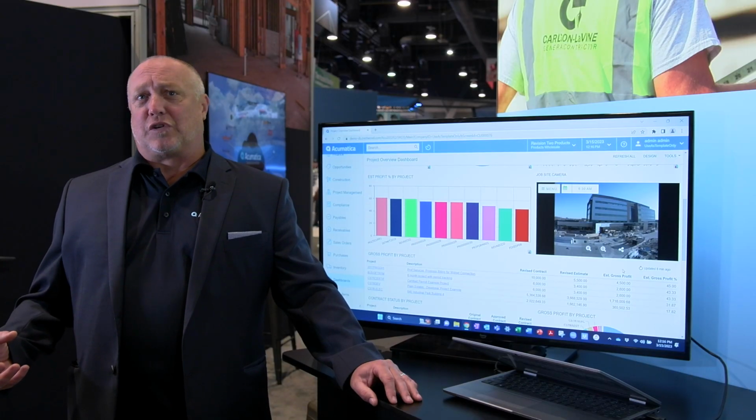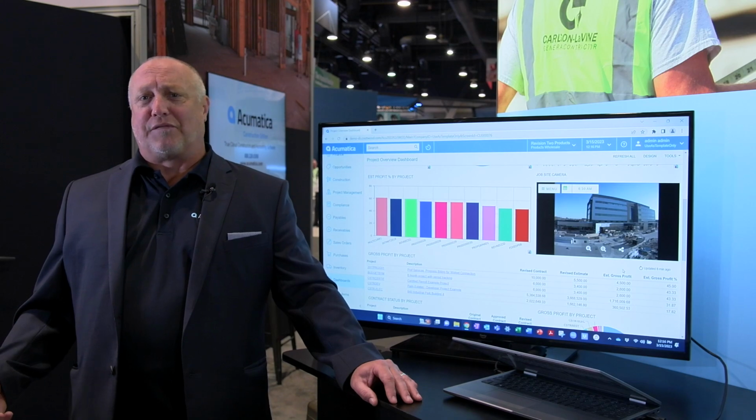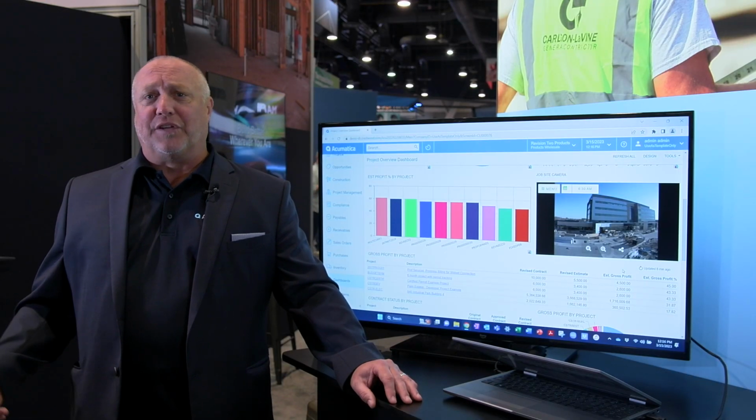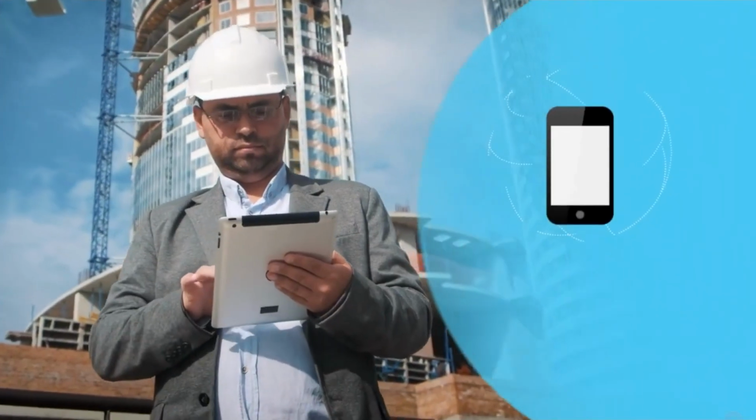A lot of construction companies are at the point where they've utilized a legacy server-based product for the last 20 years, and they know they're going through a digital transformation, that everything has been moving to the latest and greatest tech, which is the cloud. So Acumatica Construction was born in the cloud, built in the cloud, and the capabilities it provides is anywhere, anytime